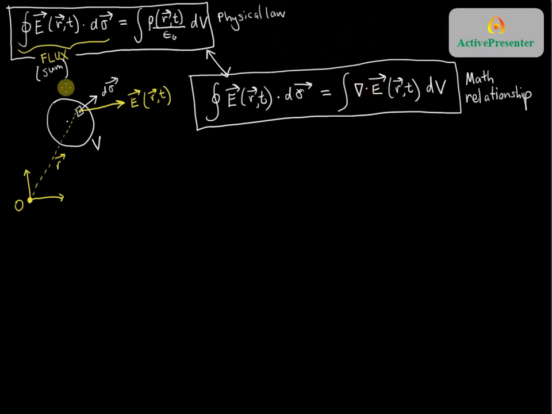And now what we emphasize is that the physical law for the flux of the electric field can be compared to this mathematical expression, which is also for the flux of the electric field and how it relates to a volume. Now we've got two different volume integrals that are equal. And if you have two volume integrals that are equal for any surface identically, it must be the case that their integrands are equal. So what I'm doing is I'm saying that this quantity has to equal